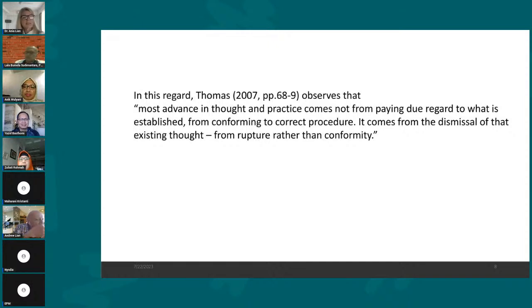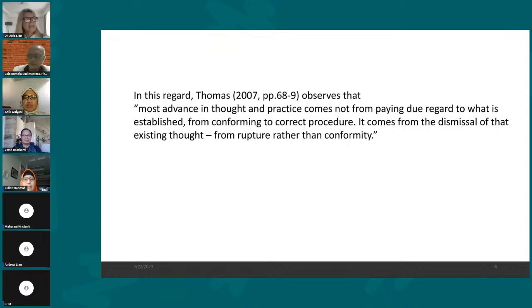So he said he's a professor of education at the University of Sussex, and also had been an editor of key journals in education. So it is not just anybody who said that. Most advance in thought and practice comes not from paying due regard to what is established, from conforming to correct procedure. It comes from the dismissal of that existing thought, from rupture rather than conformity. I think this needs to be